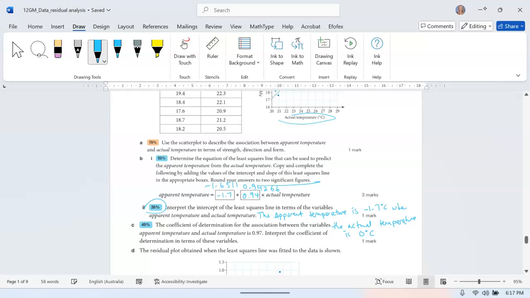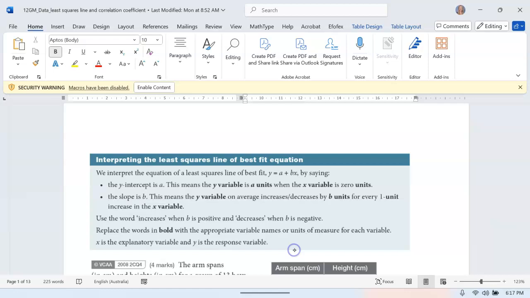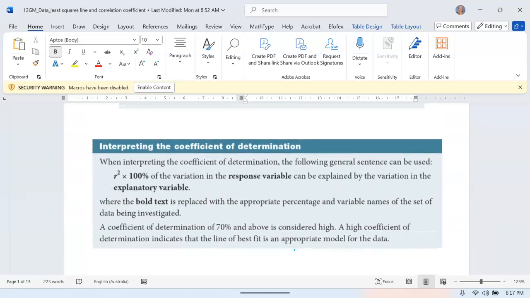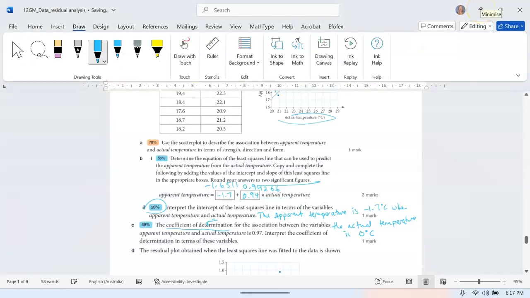All right, the coefficient of determination for the residual. So coefficient of determination is R squared. Between the variables apparent and actual, 0.97. Interpret the coefficient in terms of these variables. Coefficient of determination is also in that other document. Let's find it. So we're going to scroll. Yep. We're going to convert it to a percentage of the variation in your response variable that can be explained by the variation in the explanatory variable. So we've got 97% of the variation